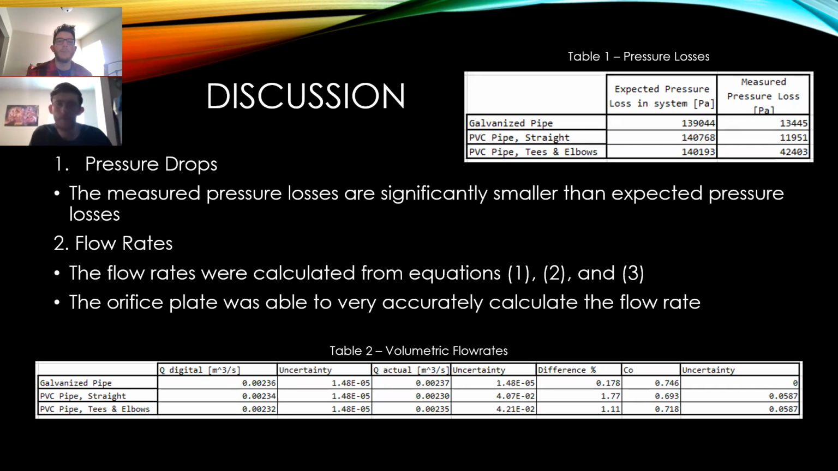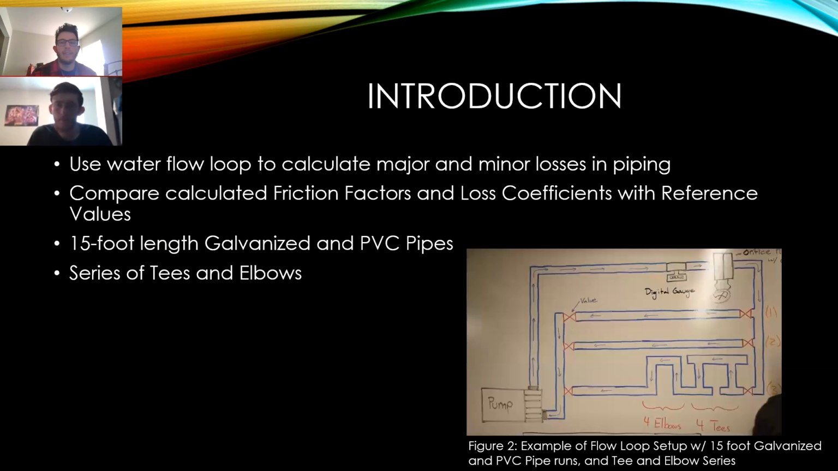So part of this lab was taking a look at the pressure drops in the system. As Table 1 illustrates, there's an expected pressure loss that comes from taking the inlet pressure to the pump minus the outlet pressure to the pump, and just finding the absolute value of that. As you can see, those are massive numbers, and then the measured pressure loss is a very small number. Basically what happened to create this difference is we took measurements all around the geometries that we